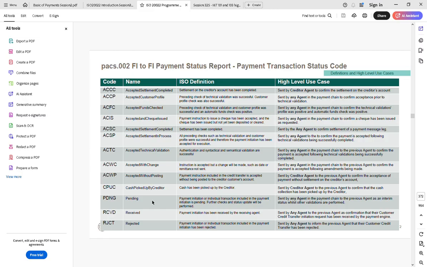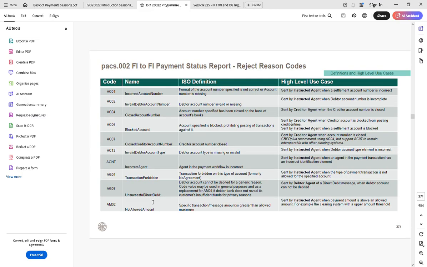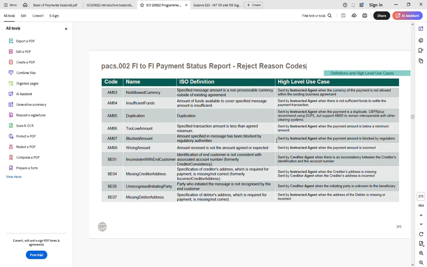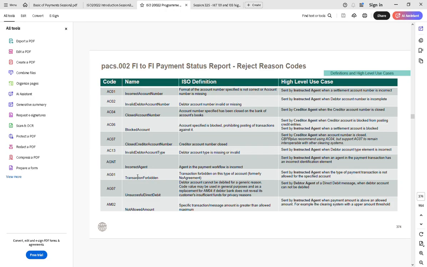And now we discuss the reject. So what are the reject codes we just now saw when you rejected the payment? Okay, the reject reason. There are so many, from AC01 till BE07. There are many: blocked account, wrong amount, duplicate, insufficient funds, not allowed currency. There are so many. Okay. So normally, whenever you're explaining the account,